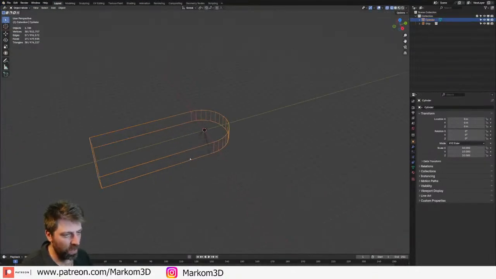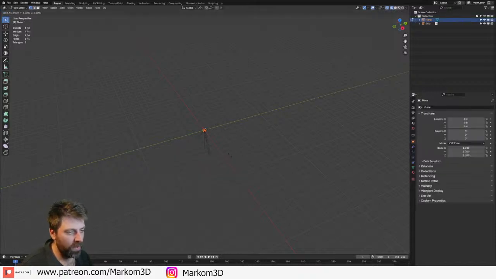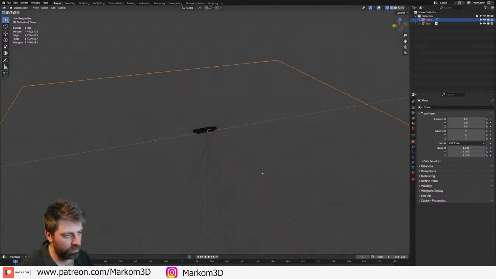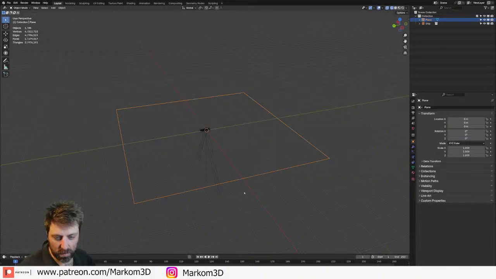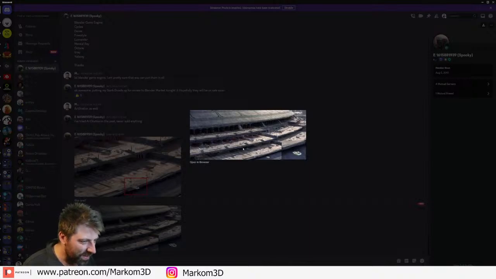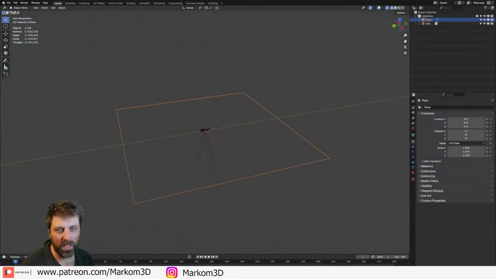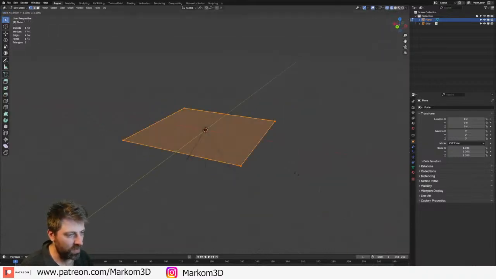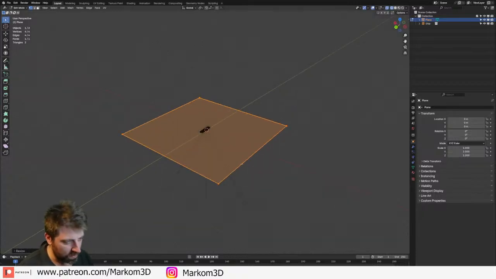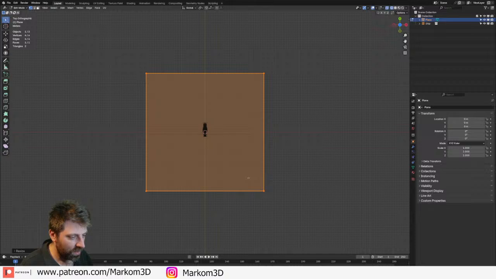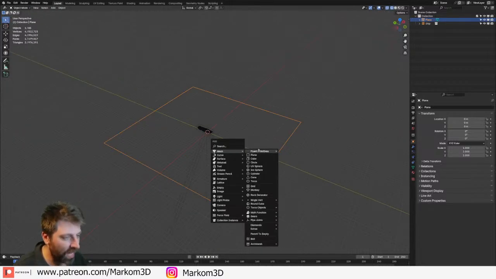Okay, so we will go scale 50. And then we can start... Oh, why is shot on Discord? Yeah, I like the idea. I do like that idea. I think we might steal elements of it. Let's go scale 0.5, just so we're here. 50. Okay, let's go with something like that.